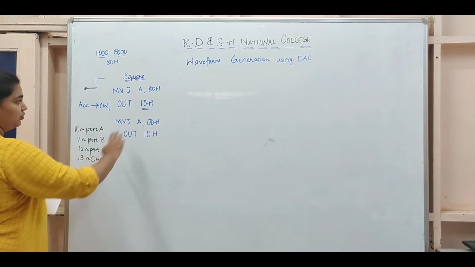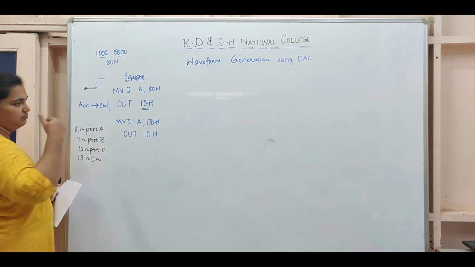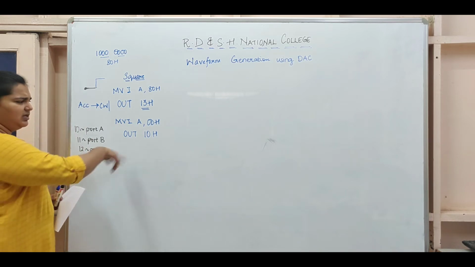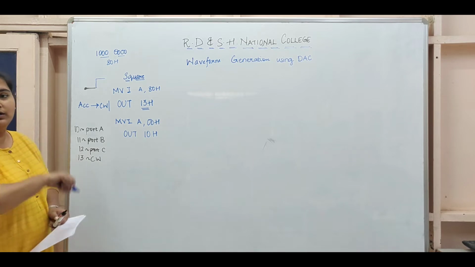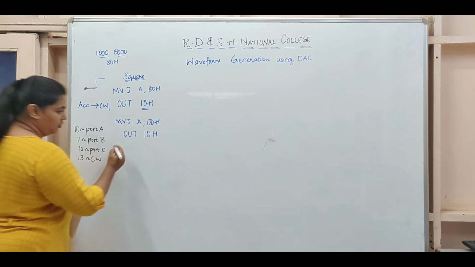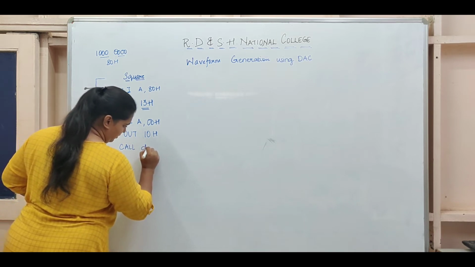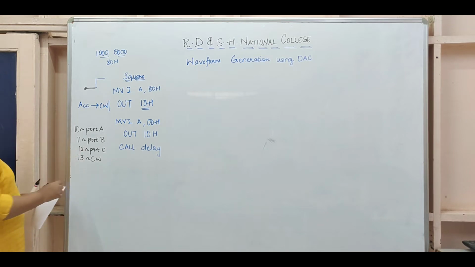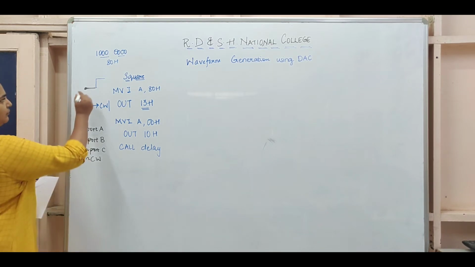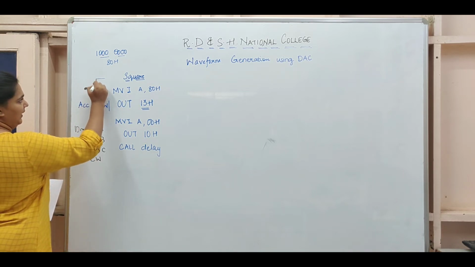Either you repeat these steps a number of times, like you'll say MVI 00, OUT 10, keep repeating the loop, or the second option is we can call a delay. We can write a delay code and just give that address here. So for now I will just write this as delay and I will say CALL DELAY. So because of call delay, from here I have come till here.